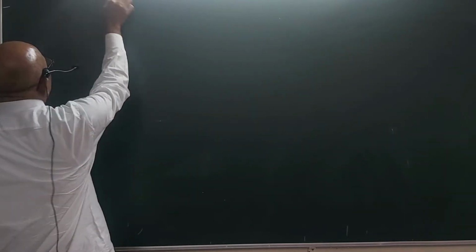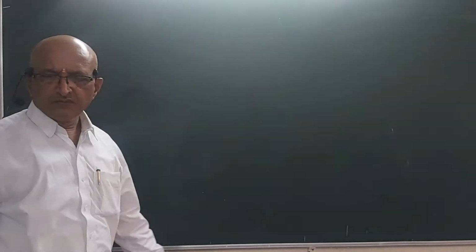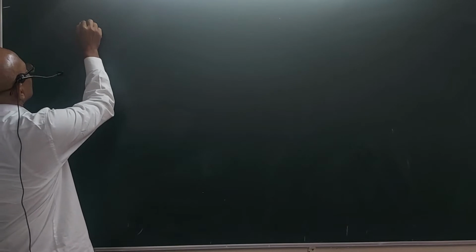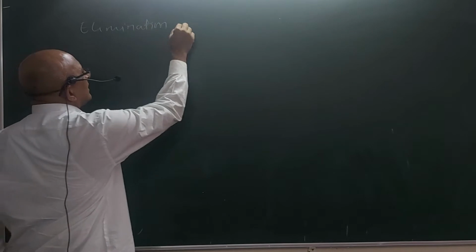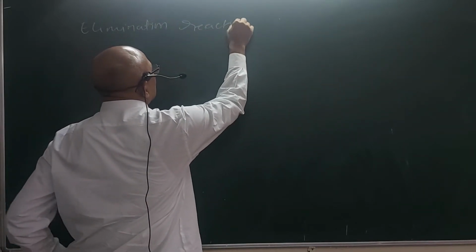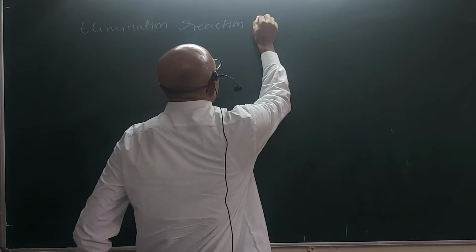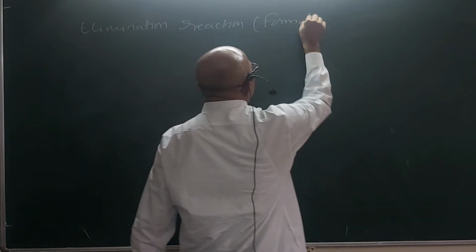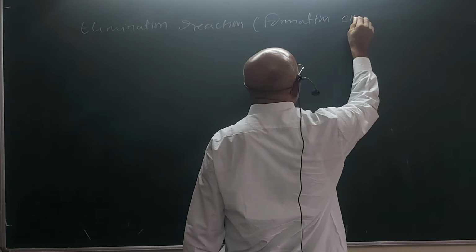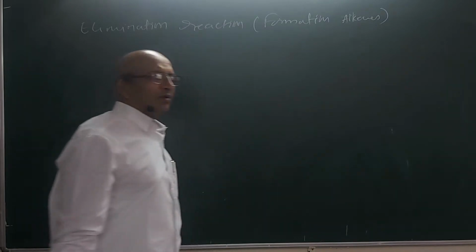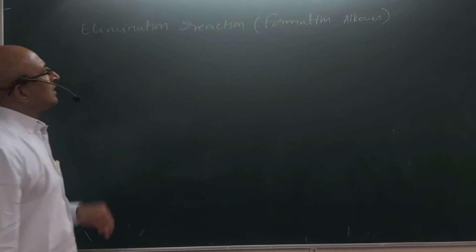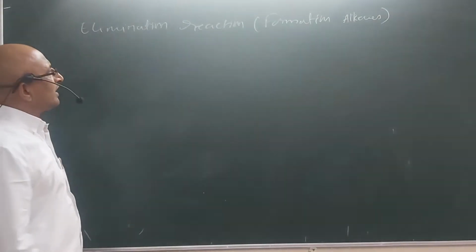Good morning, all of you. In the last lecture, we were discussing the reactions of alkyl halides. The next type of reaction that we are going to study is the elimination reaction. Elimination reaction of alkyl halides is the formation of alkenes. In this reaction, we get the formation of an alkene, that is, a compound containing a double bond. Now, in the elimination reaction, alkyl halides, when strongly boiled with alcoholic KOH,